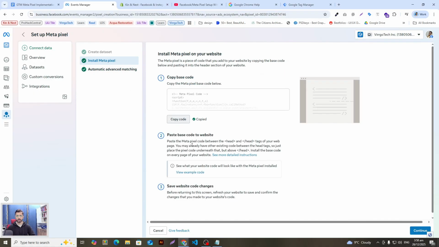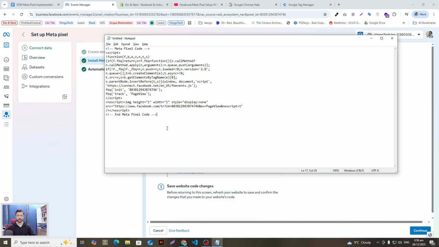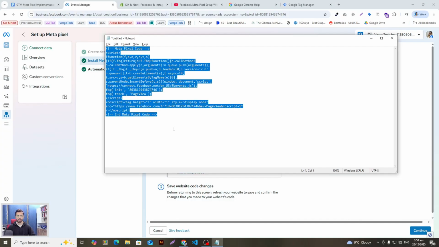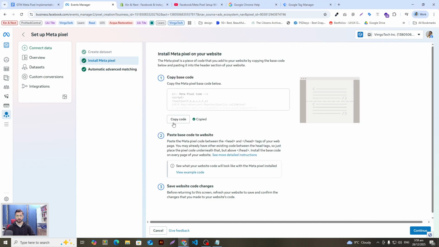And you can copy the code. I mean, this is simple. You can copy it now. You can use it later as well. We're going to be using this entire snippet later, so it's better you copy it and paste it somewhere. And you can copy your pixel code from here. And now you can head over to Google Tag Manager